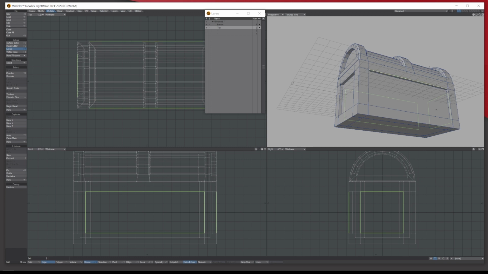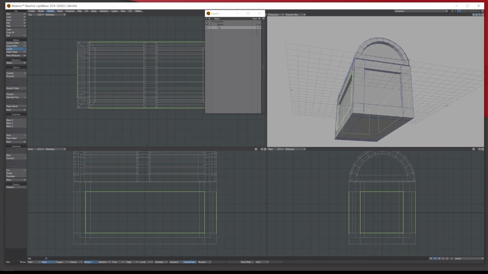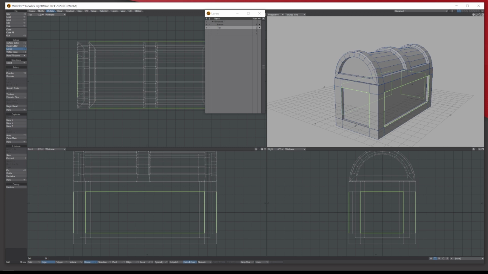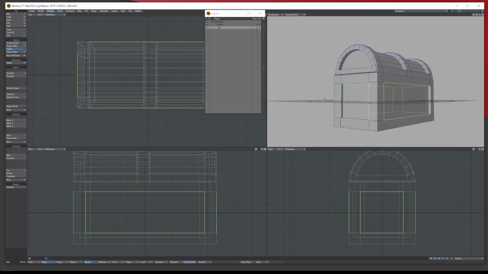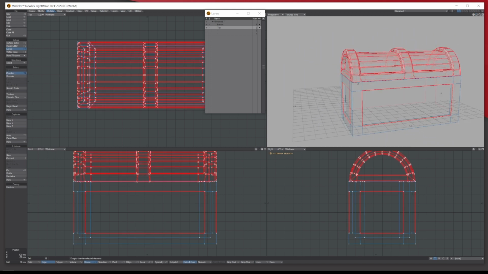What we'll do with the edges is what we did with the top, and you can do this on whatever edge. You can have a go and do this with whatever edges you want. So when you're having a go at doing the chest, or like I said, once you've had a go at it, you get the kind of basics. You could have a go at just doing your own design, and let's just chamfer it up.